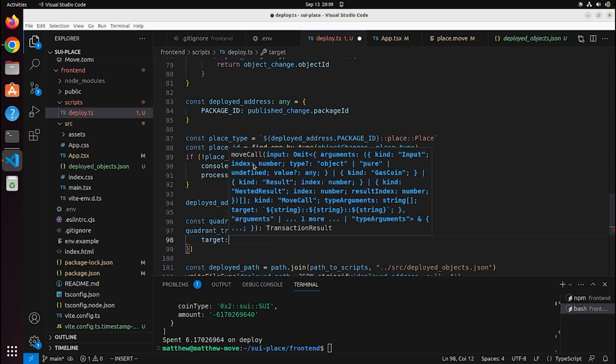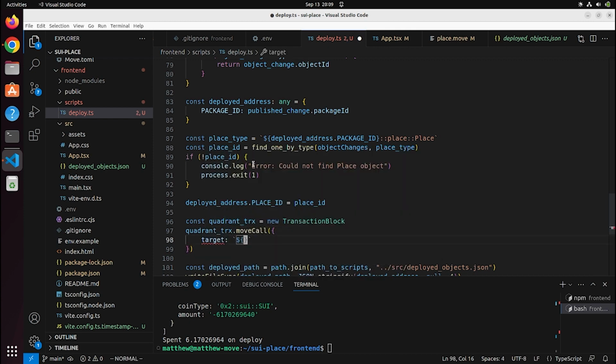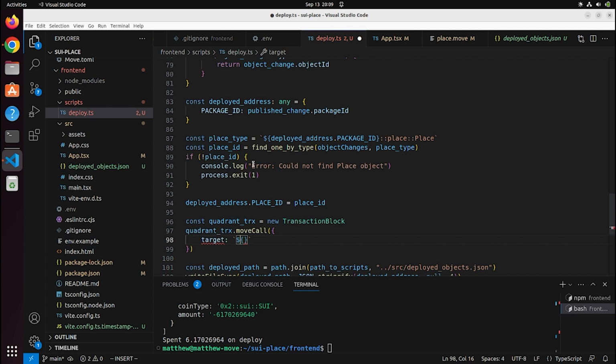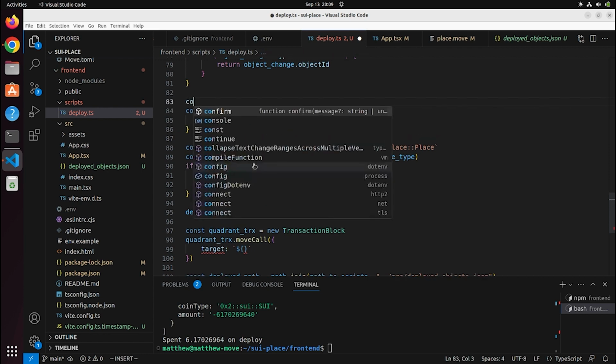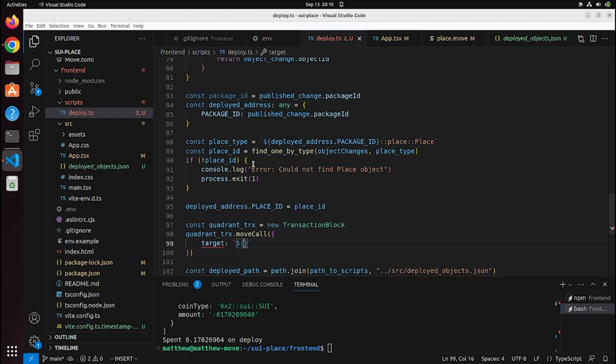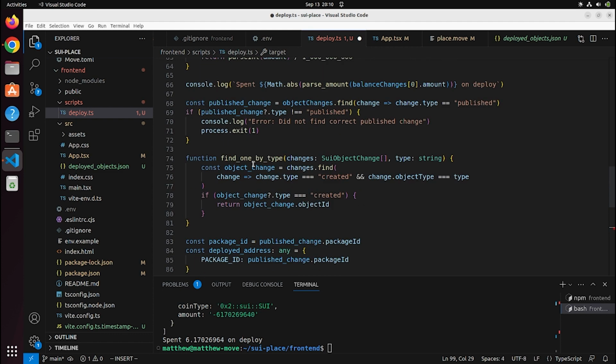Target, and we're going to have to make a fully qualified name here like I was talking about earlier, where we do the package ID. Because I'm going to use the package ID more often, I'm just going to assign this to a variable. Const package ID. Package ID, 2 colons,